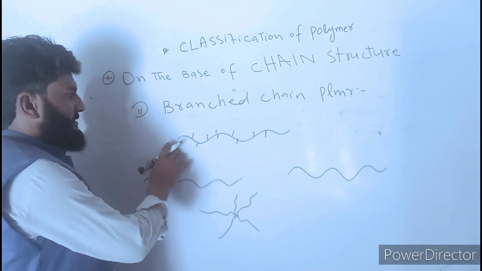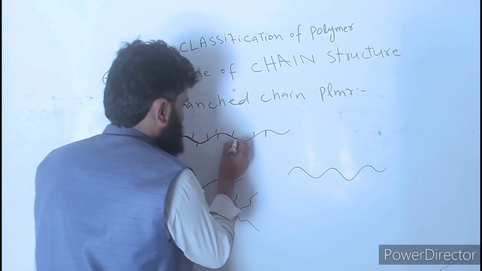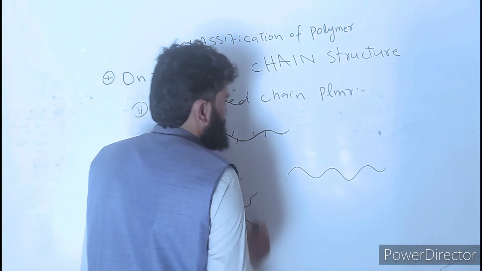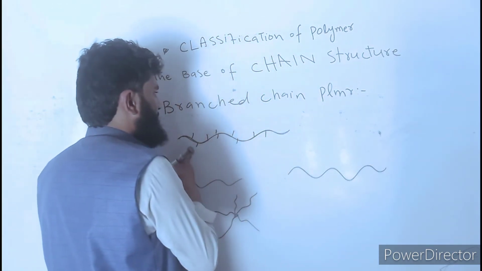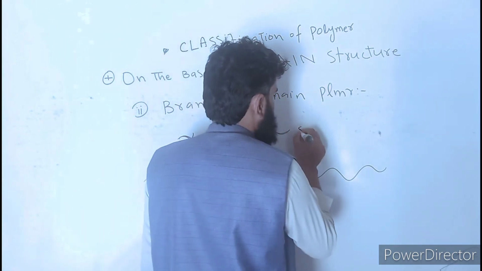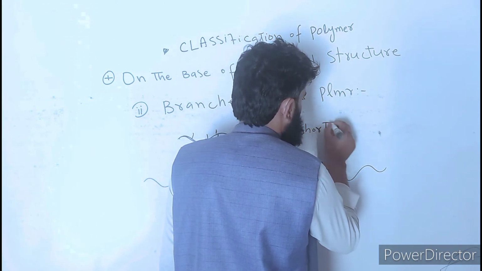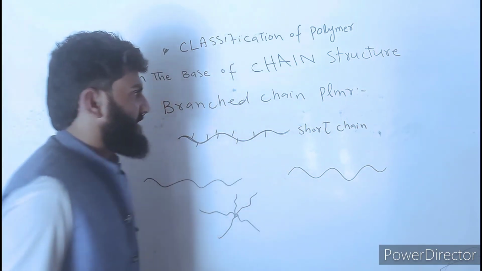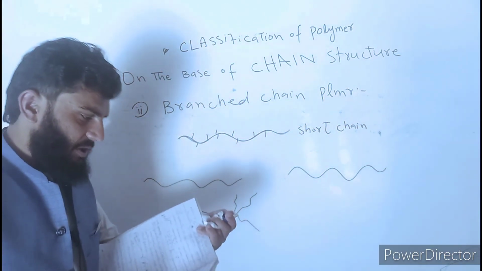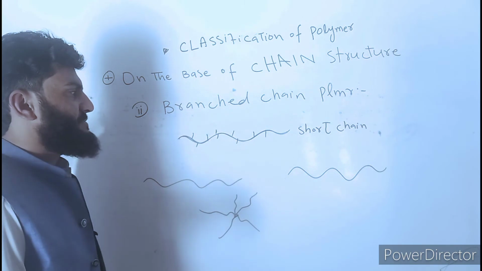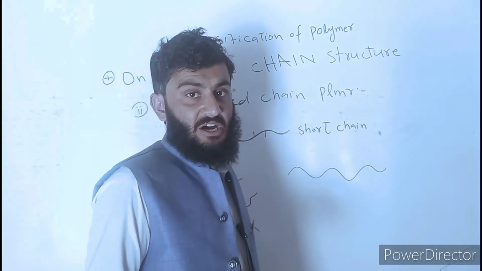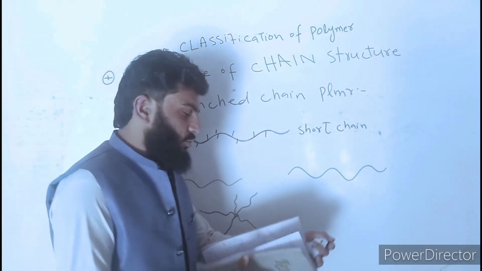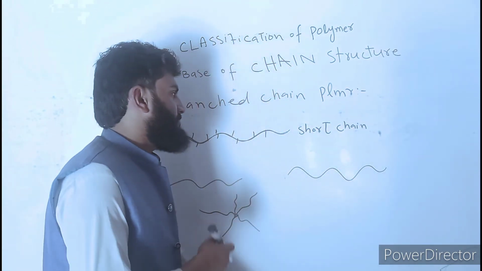There is a main skeleton, and you can see some branches here. Such branched polymers are known as short chain branched polymers. As the name indicates, short branched polymer,